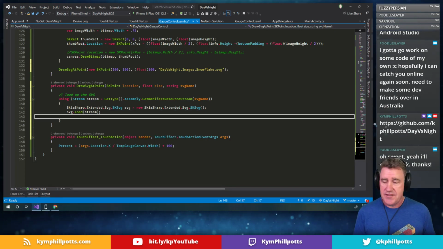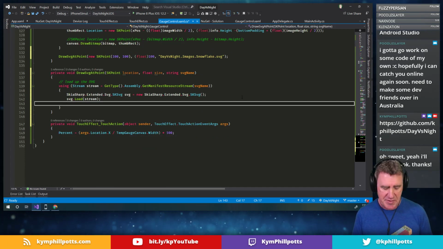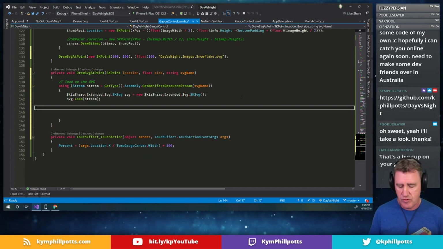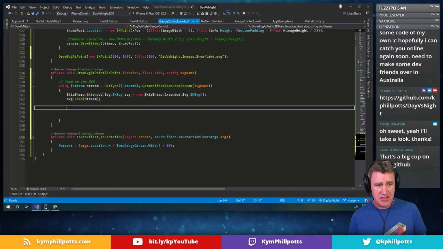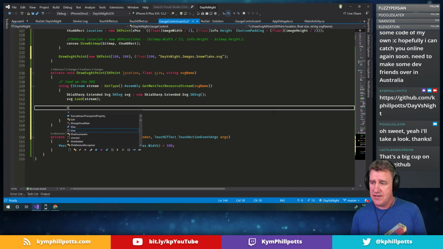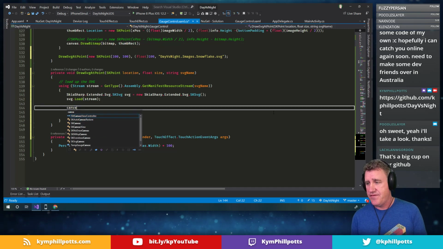All right, so yeah, it's a bit messy at the moment, but we'll fix it over the next couple of streams. Okay, so now we have an SVG, and what we can do is we can then say canvas dot